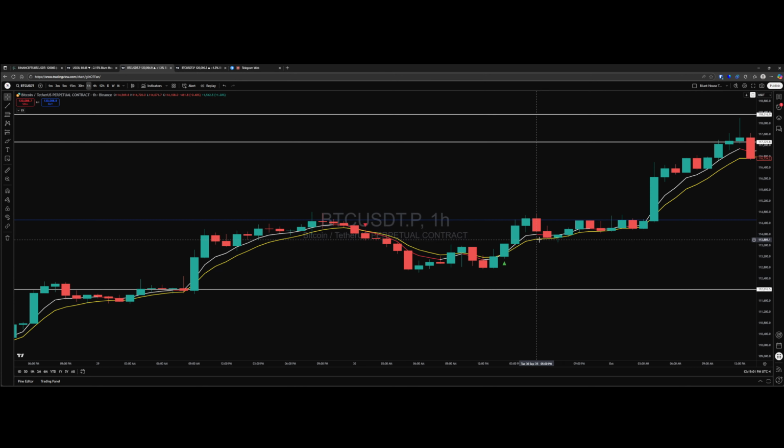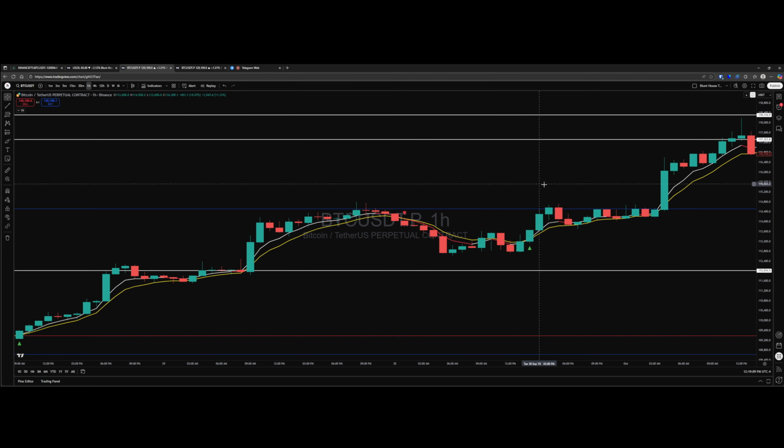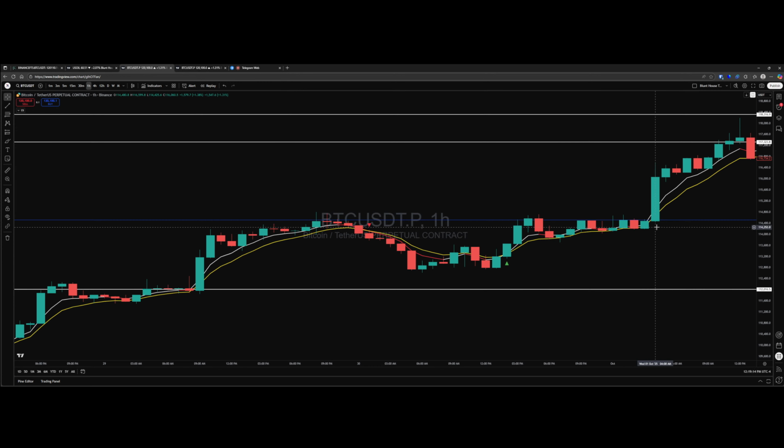The T line and 5 EMA stayed diverged on these candles, indicating that it had a higher probability of just being a retracement,